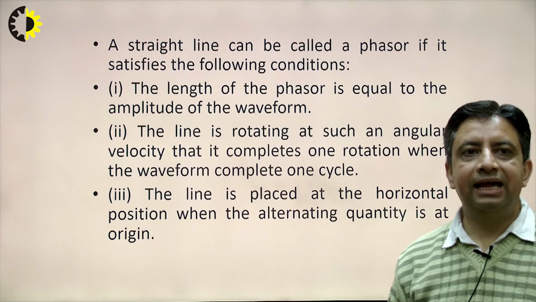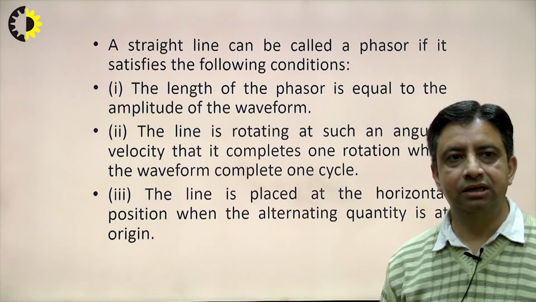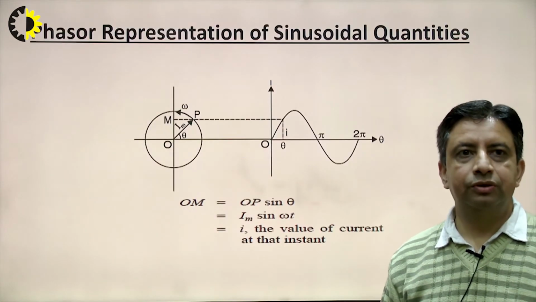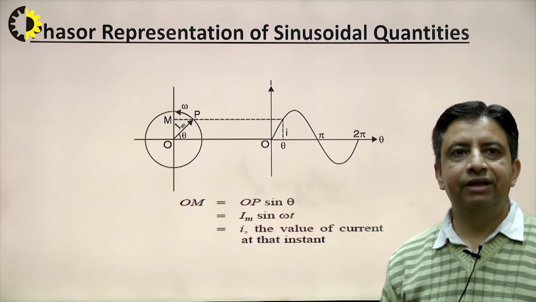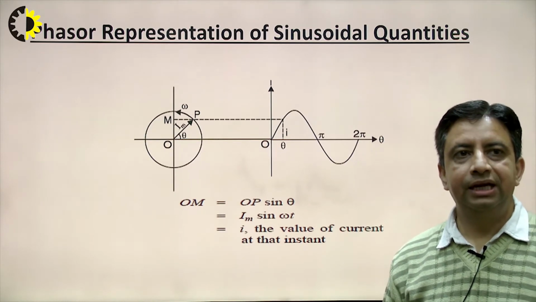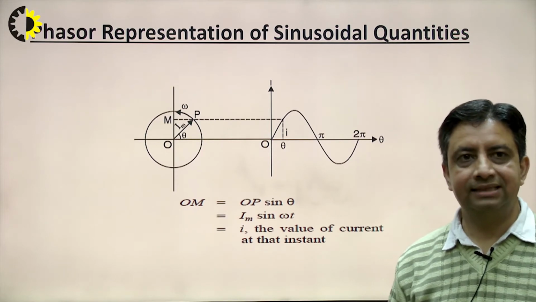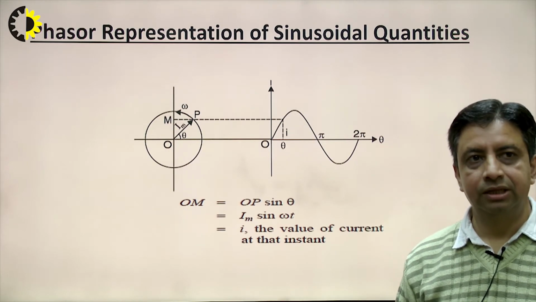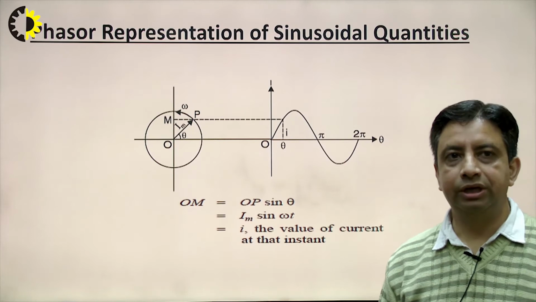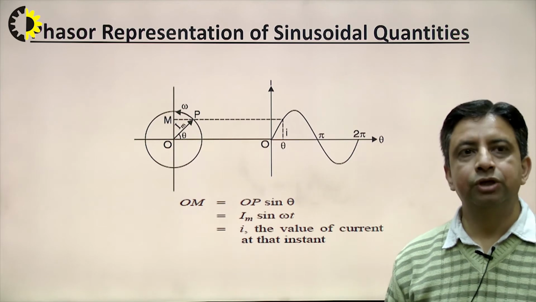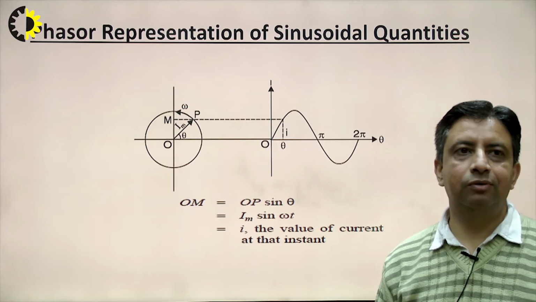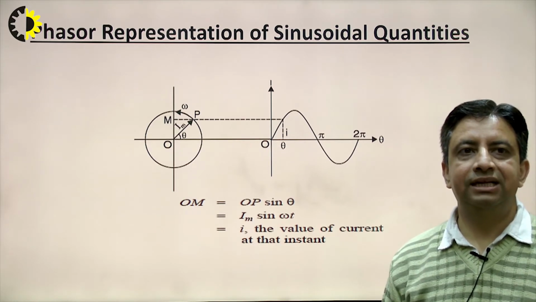The third condition is that the line is placed at the horizontal position, that means the x axis, when the alternating quantity is at origin. In this case again you can see here, when this particular line OP is at the horizontal axis, that is the x axis, that is the starting point for the alternating waveform. So the alternating waveform will be at origin when this line OP is resting on the x axis. If all three conditions are satisfied, then we can say this line OP represents this